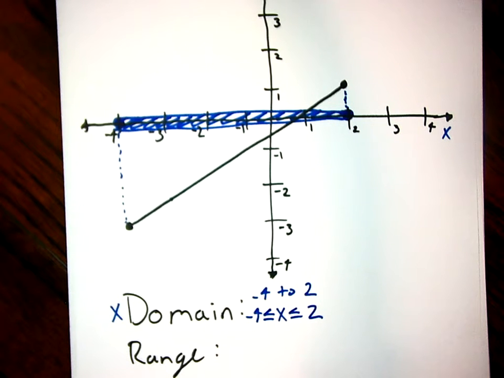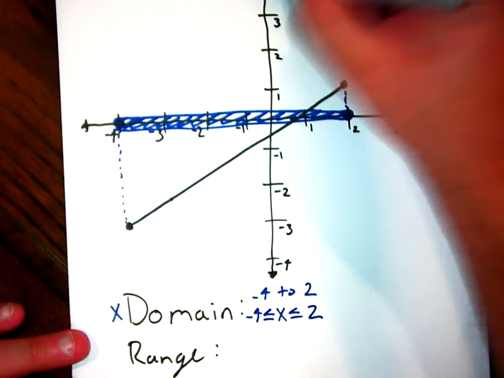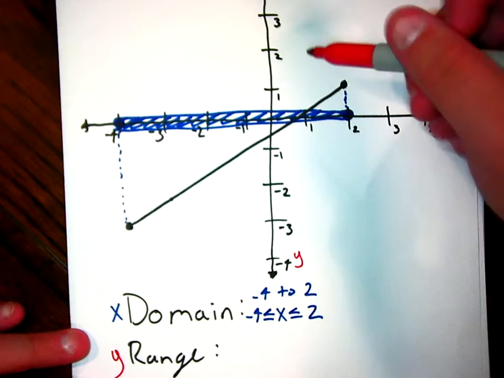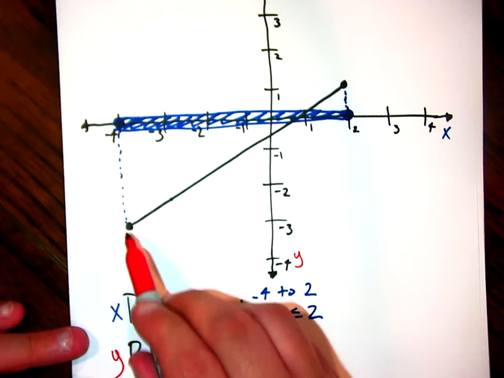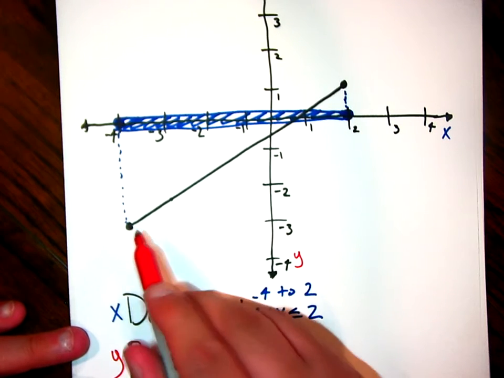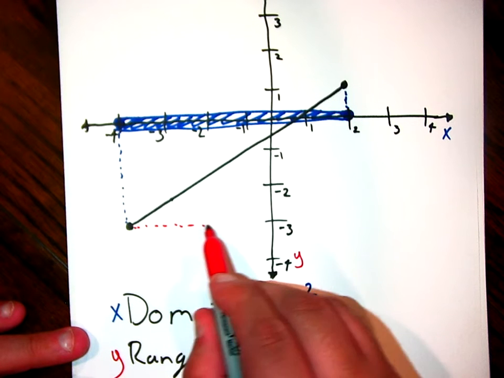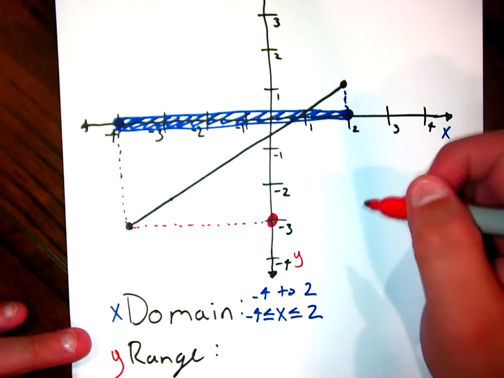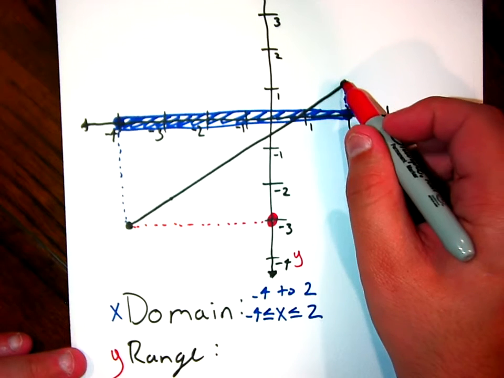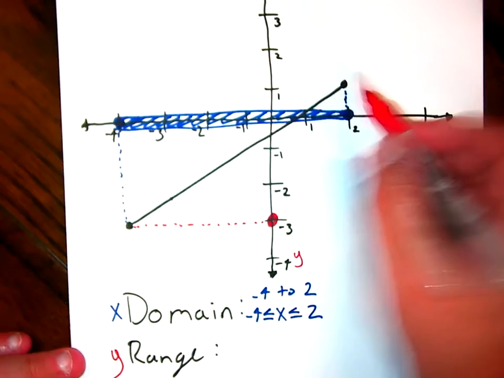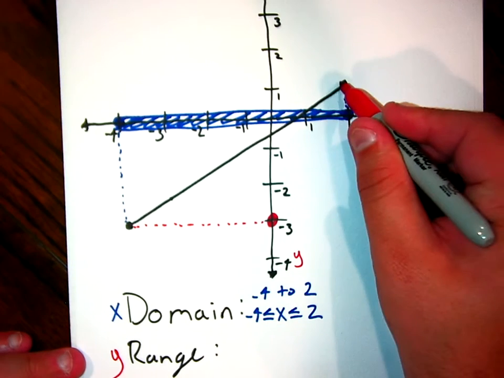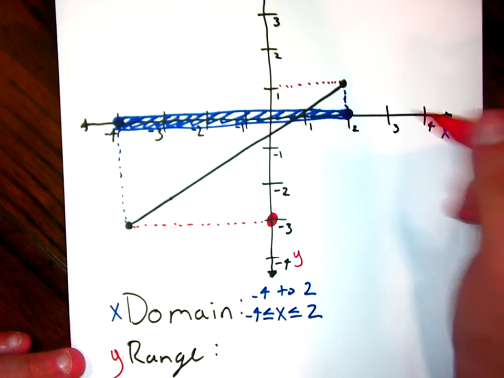Okay, now let's take a look at range again. Let's take a look at the y values, the range here. Okay, so range is y, and let's start from the bottom. This is the lowest most point on this function, this line segment. And it happens to be the y value of -3. And let's look at the highest point, the tallest, farthest up on this line segment. And it's right here, so we'll trace back to the y-axis, and it's the y